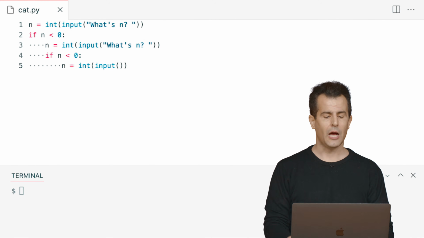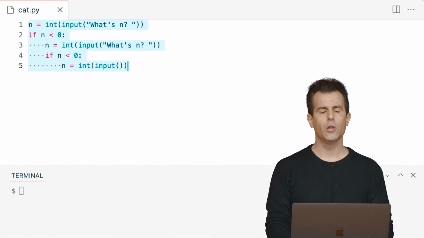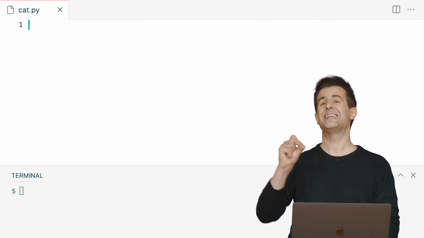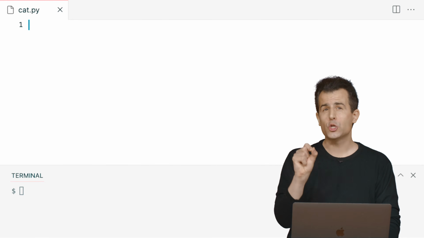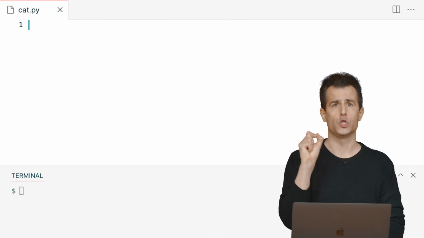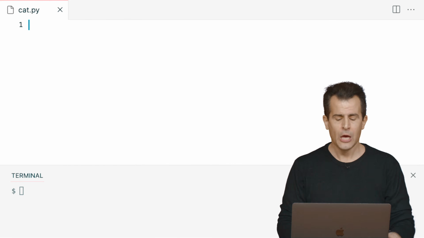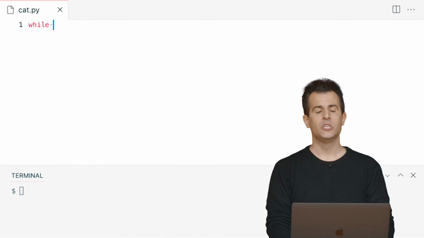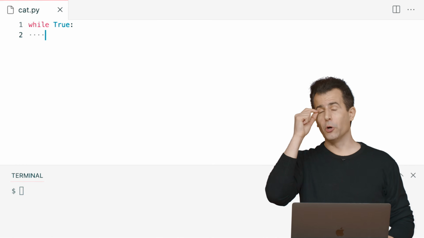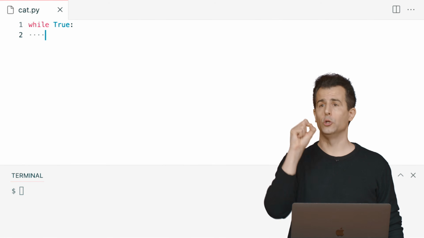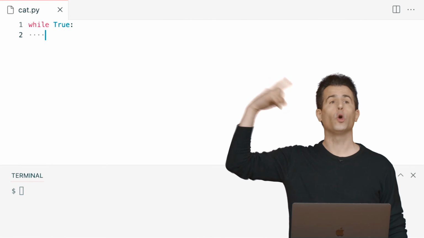So I think we can do this better maybe with a loop. Let me propose this, a very common paradigm in Python when you want to get user input that matches a certain expectation you have, that it's all positive, that it's all negative, or something like that. You just immediately say while true. You deliberately, and a little dangerously, but very conventionally, induce an infinite loop. Now, what is an infinite loop? It's just one that goes forever.